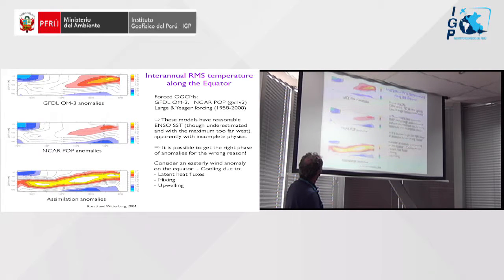So, and this is just another example of the variability of temperature along the equator, same two models. This is essentially what the observed temperature variability looks like. Sorry, this poor quality here. This is the vertical, and this is the zonal direction, and this is the RMS temperature along the equator from this is essentially the observations, very large. The two models much weaker and also very different. And what that says is it's possible,